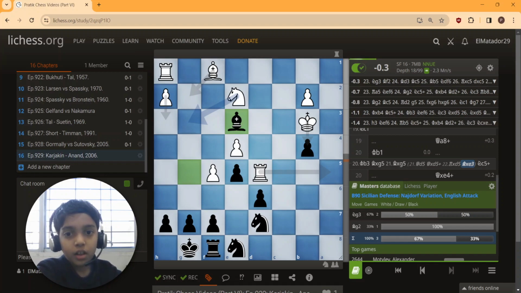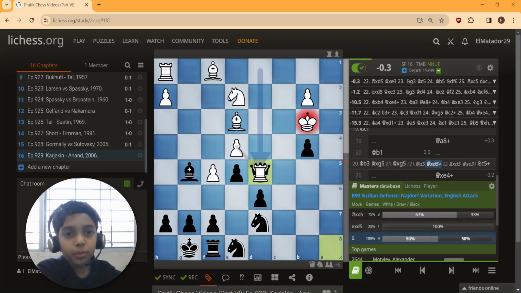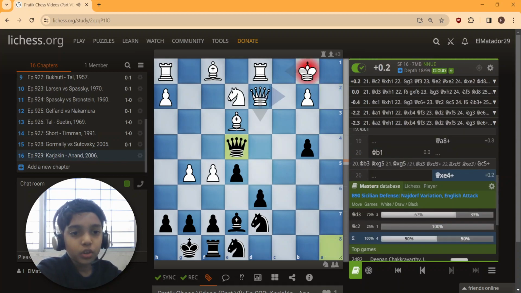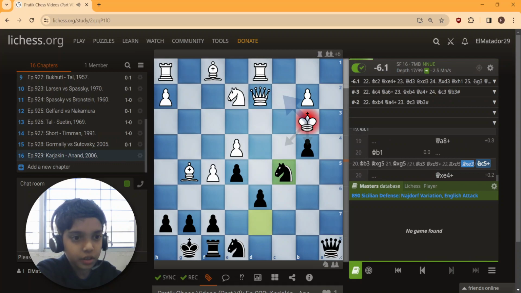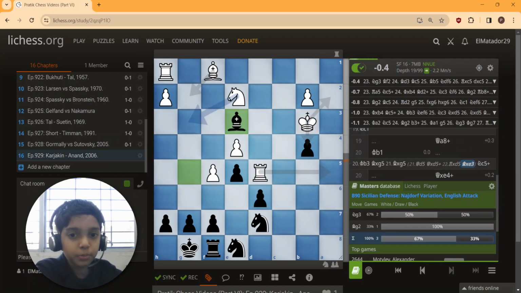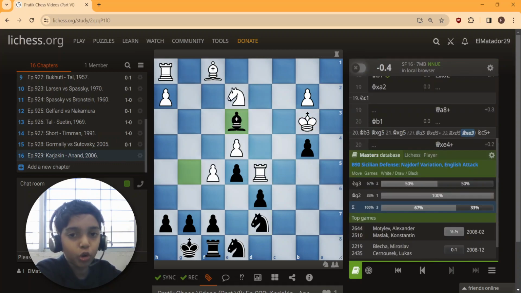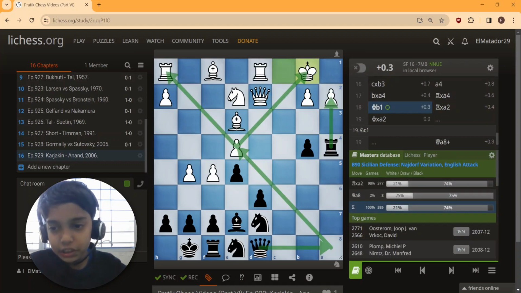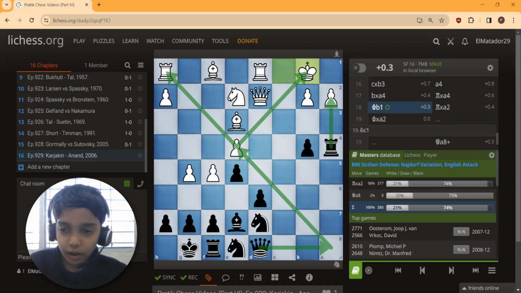attention, white is a piece down but exchange up as we sacrificed it on a2. So that would be a double-edged position, but black is better because black has two pawns, so slightly better. But here we can classify it as equal. And now let's move ahead to what happened in the game. Okay, in the game,